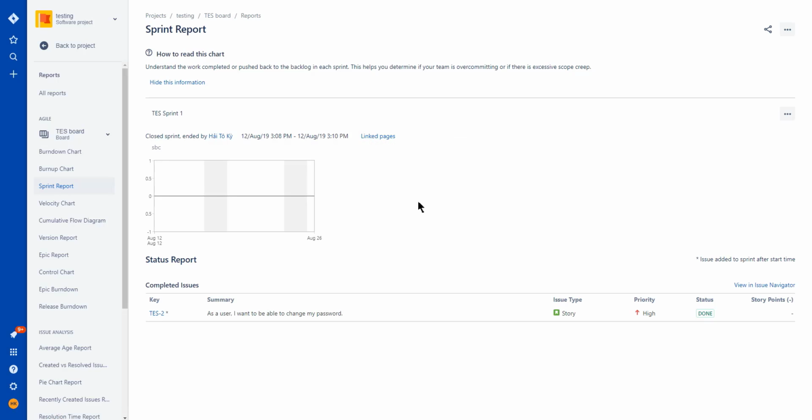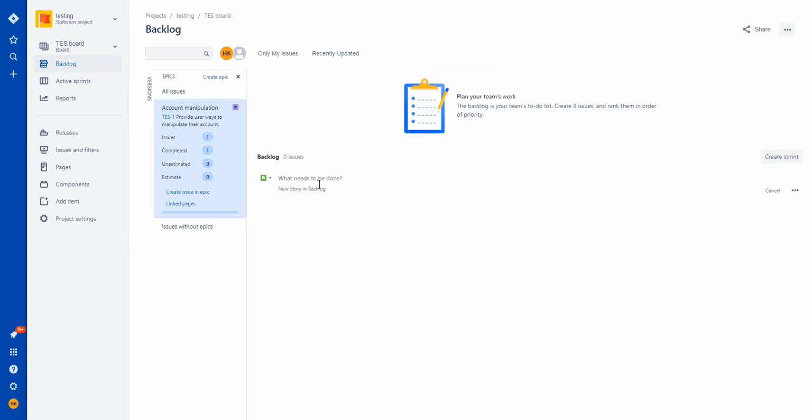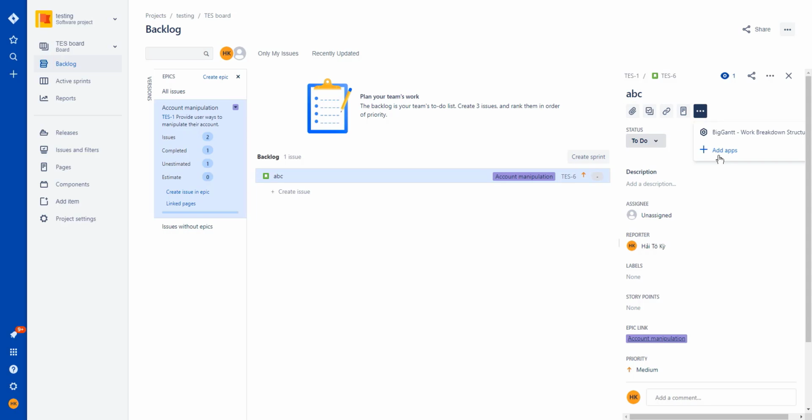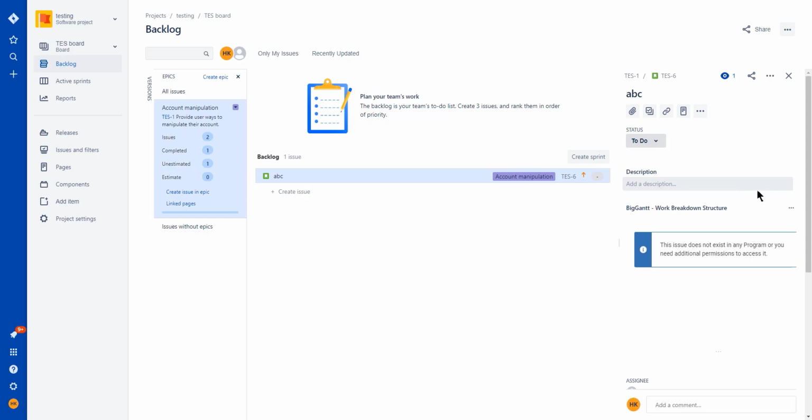One thing missing from Jira software is a Gantt chart. But there are add-ins for it. Let me see. Here, you can see there's Big Gantt. Big Gantt is an application for Jira software that adds to your project and